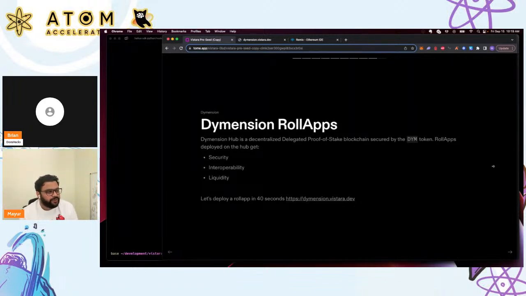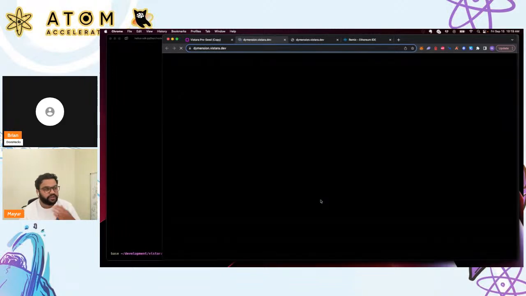And why we are focused on Dimension is that Dimension has taken the Cosmos SDK code and created its own sequencer and rollup deployment kit, and it's all based on Cosmos SDK. It implements the ABCI interface so that their EVM can be used to experiment, or you can choose between a custom virtual machine that you might want to create, or you can choose existing ones depending on what your use case is. So let's try and deploy a rollup, and we will also deploy a smart contract to it.